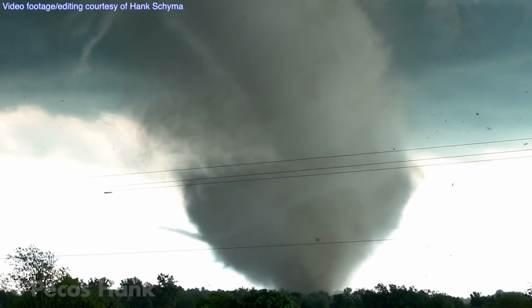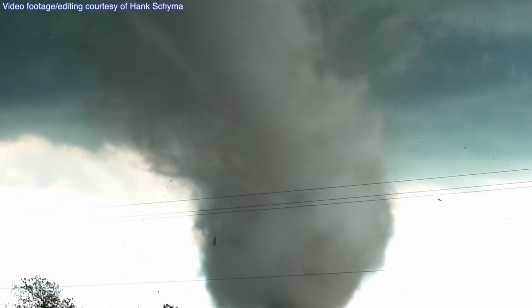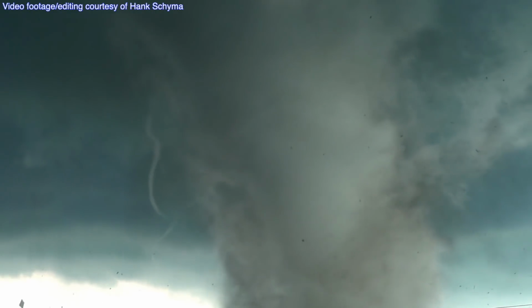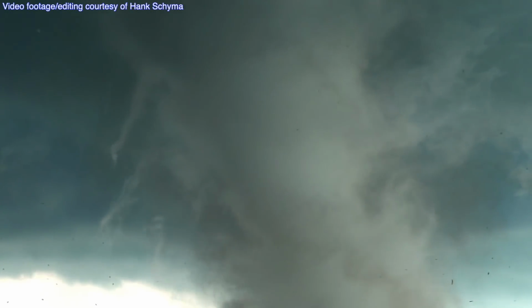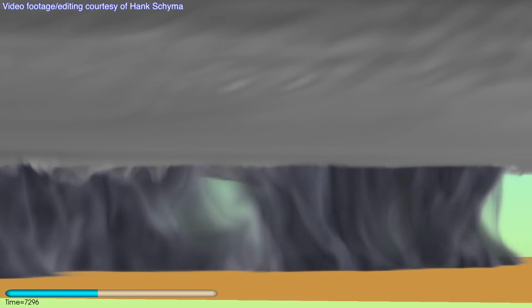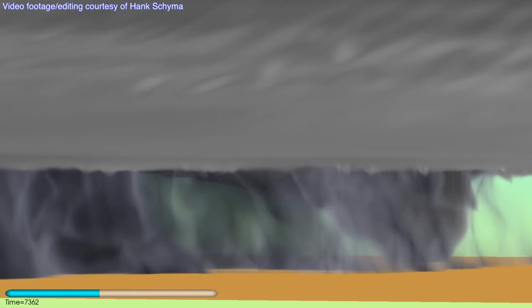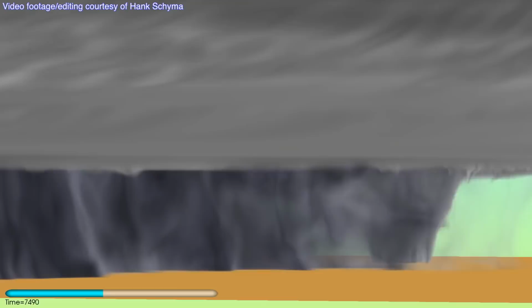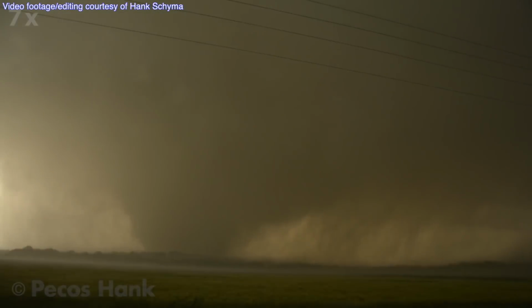And this next actual video is from Wynnewood, I think. One of my favorite tornadoes recently, at least from a photogenic perspective. Lots of interesting things. There are some horizontal vortices and vortices being twisted around. Here's a view through the forward flank, or the rear flank, where you see the tornado is completely rain-wrapped and obscured, and then it kind of peeks out for a little bit, and then it gets obscured again. I don't know how he did it, but Hank found something that did exactly the same thing from the